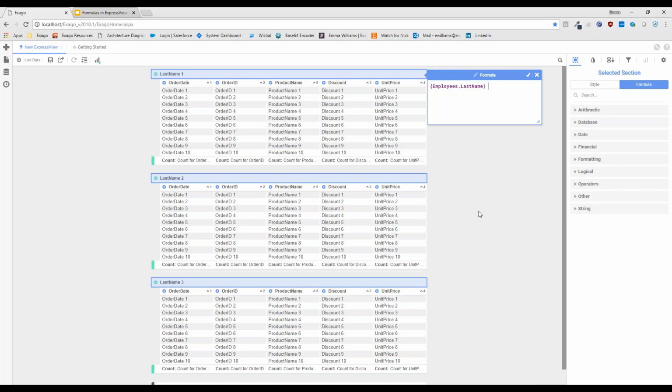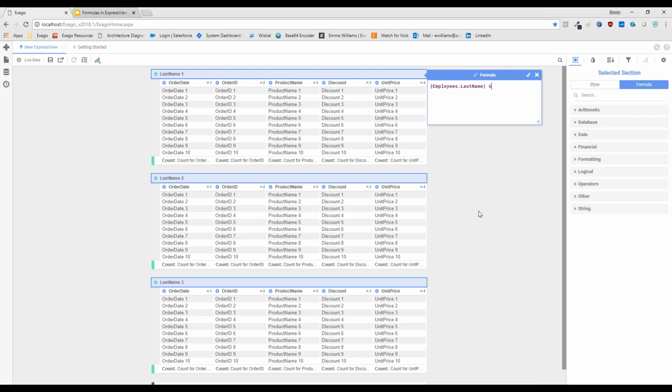So everything should be really, really easy, really intuitive here. Now, what I'd like to do here is a string concatenation that's going to represent the employee full name. I know that I have a last name field. I also have a first name field. Concatenate them together. I get a full name, a full understanding of which employee this is.